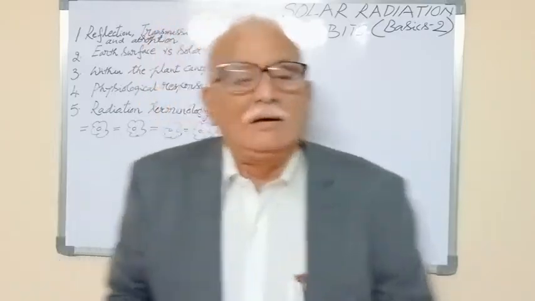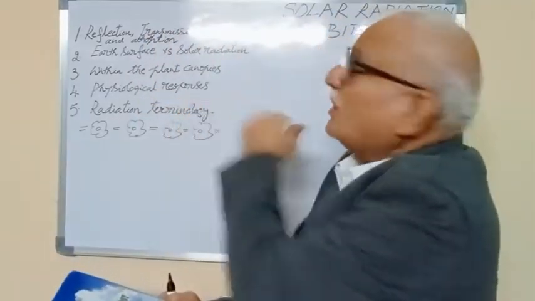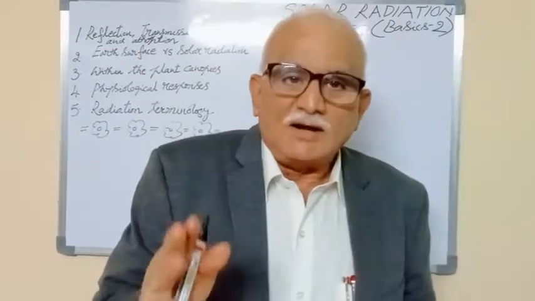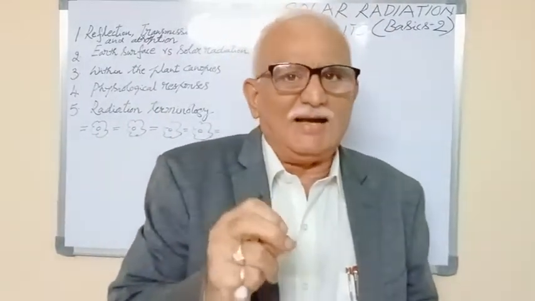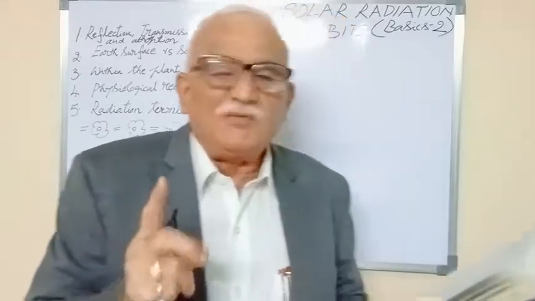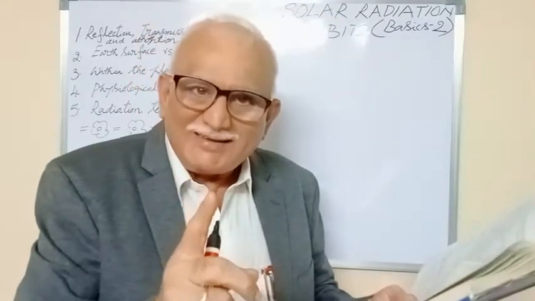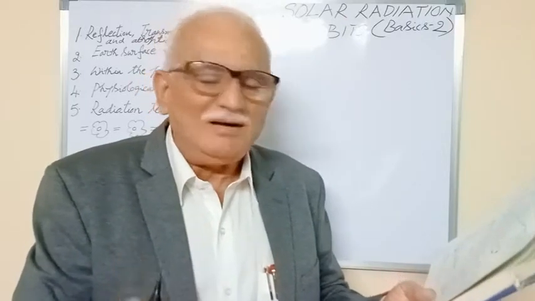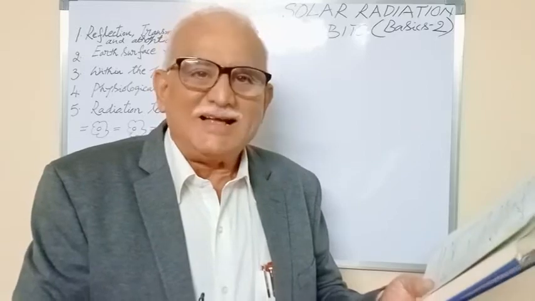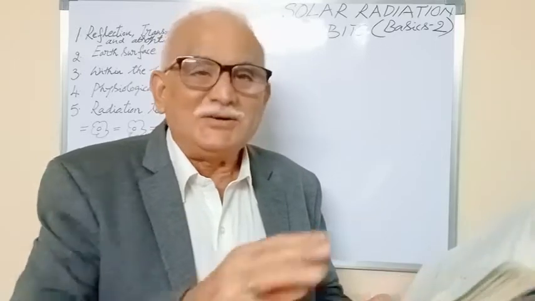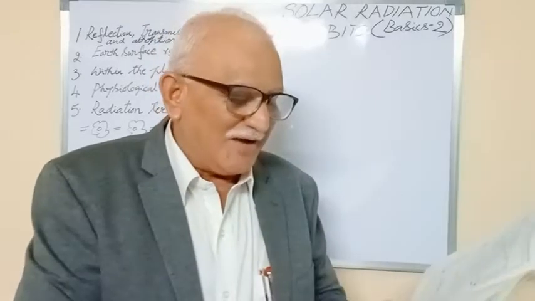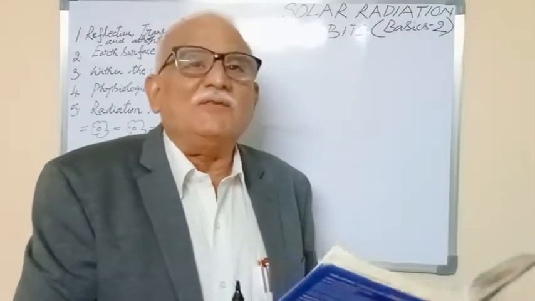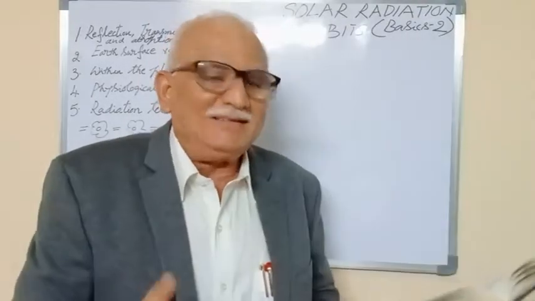Now, Earth versus solar radiation. That means factors affecting the solar radiation received on the Earth's surface. Quickly, I will tell 4 or 5 bits. The first one is the astronomical factors. What are the astronomical factors? ABC they will give. Astronomical factors are solar output, distance between Earth and the Sun, altitude of the Sun. Geographical factors: effect of atmosphere, effect of latitude, effect of aspect and slope, and length of the day.